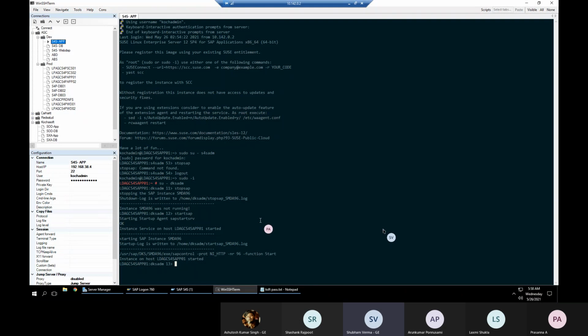So in your system, all the working happens in Linux and on Windows we can only see the content. Sorry, can I come again? So sir, in your system in Linux only we can perform the SAP commands and other stuff, and on Windows we can only see the contents or the tables.